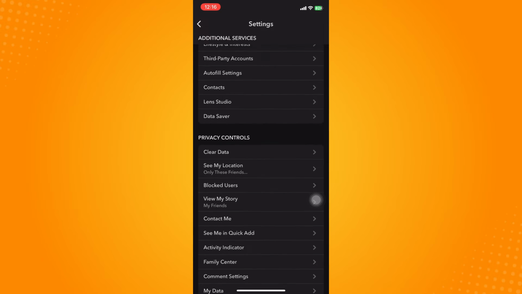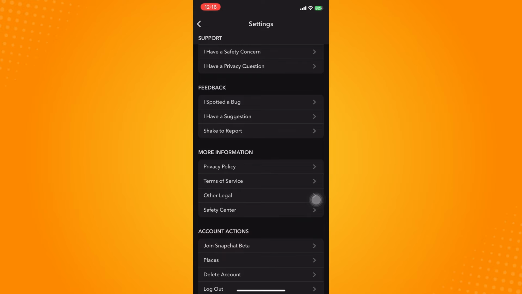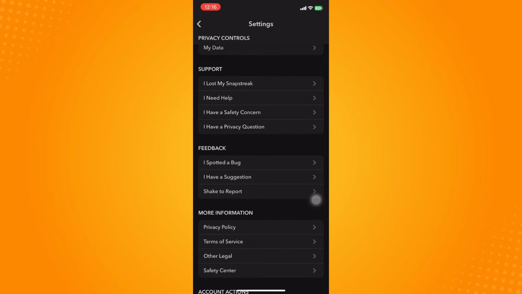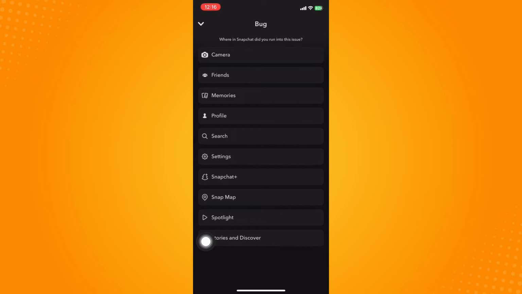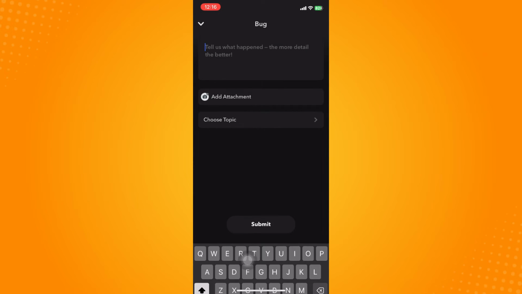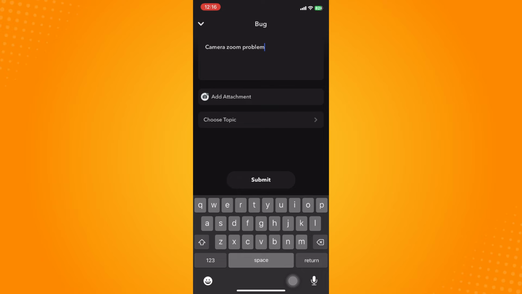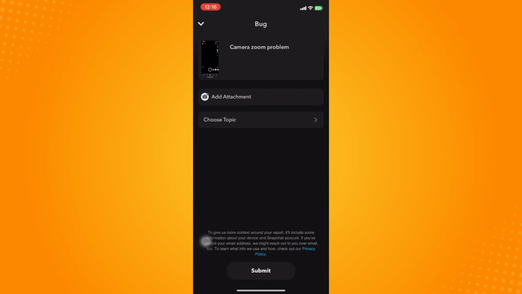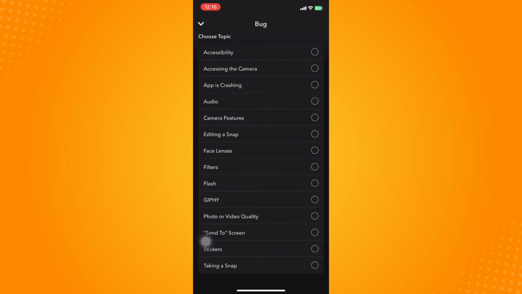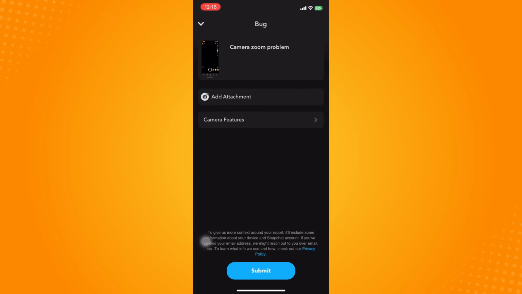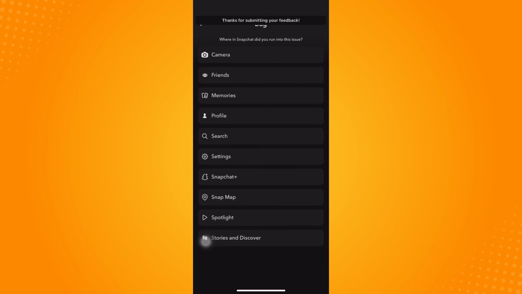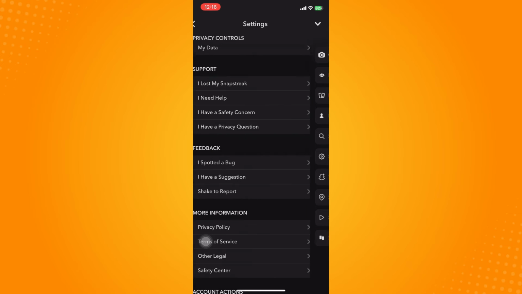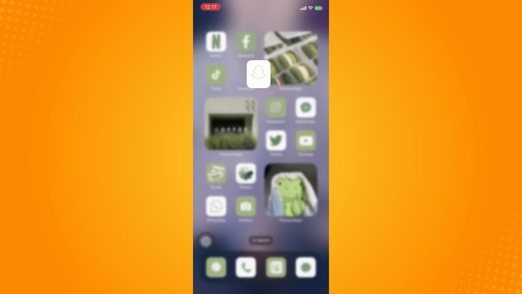After clicking on that, scroll down until you see this feedback here and tap on I spotted a bug, and tap on camera. Now here all you have to do is type there camera zoom problem, and since we have already taken a screenshot, tap on add screenshot, then choose topic, go here to camera features, and tap on submit. Now all you have to do is wait for the Snapchat community to get back to you